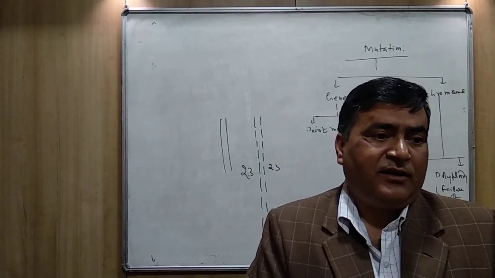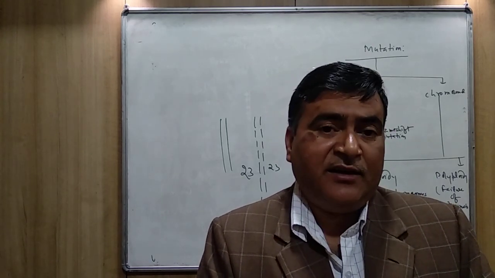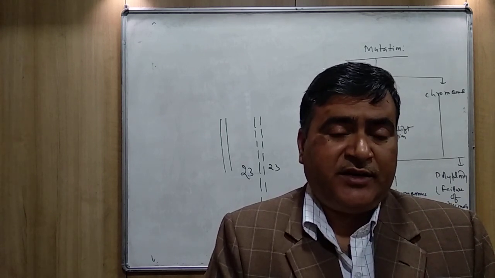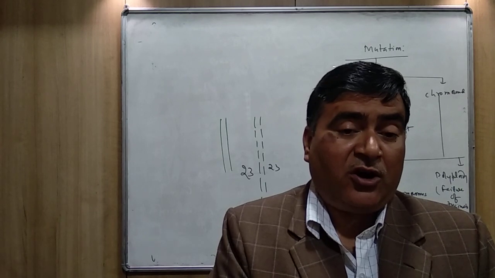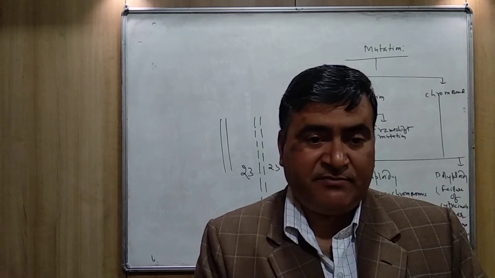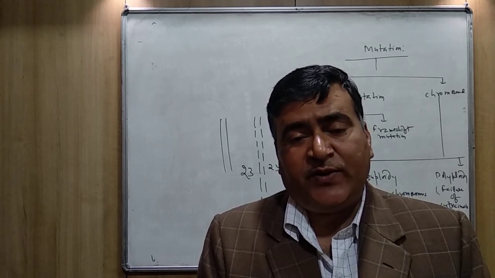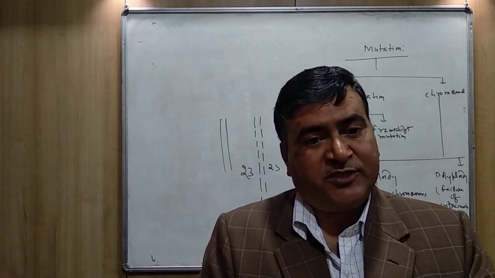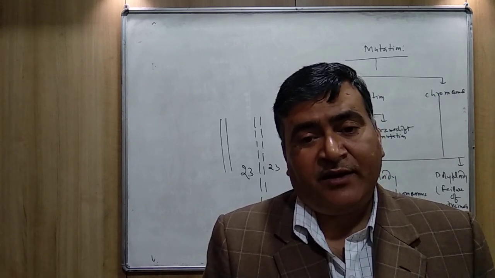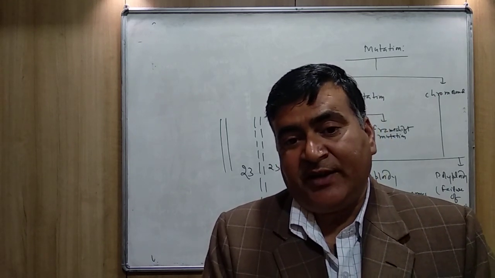Aneuploidy is the condition in which one or two chromosomes are added or deleted from the basic set of chromosomes. For example, our basic set of chromosomes, we are diploid, 46, 2n equal to 46, and suppose one chromosome is going to be added, meaning the condition is going to be 47, then it will be the cause of a syndrome, and that is called Klinefelter Syndrome. In Klinefelter Syndrome,